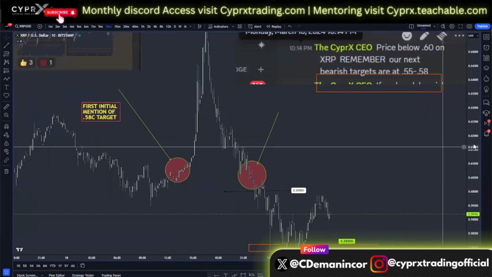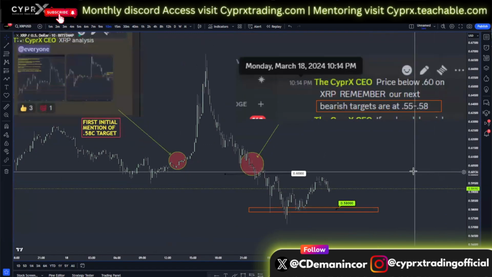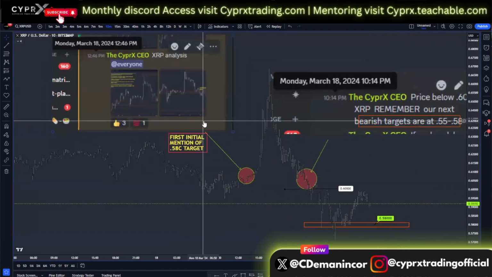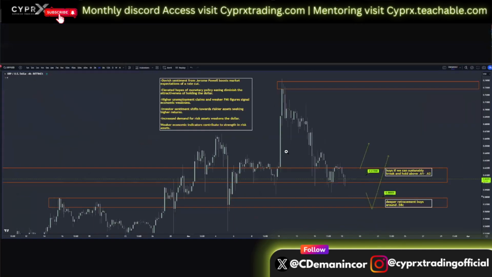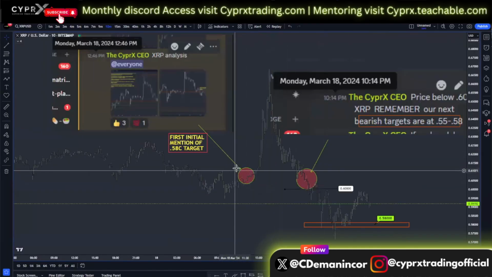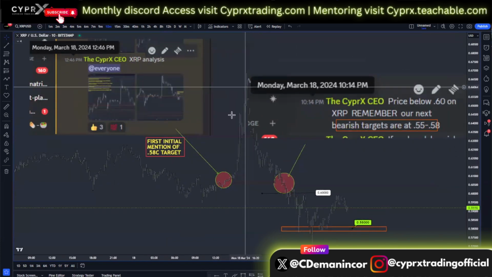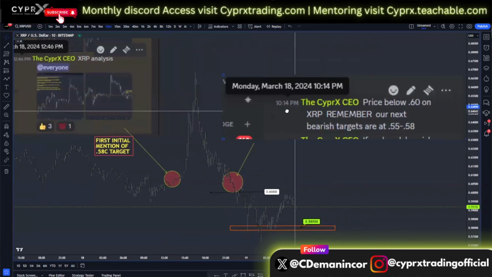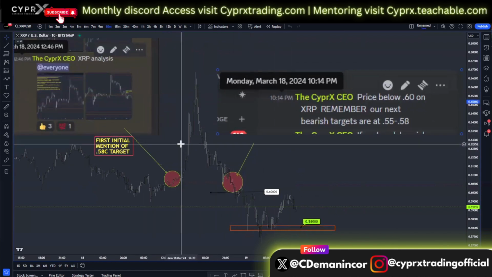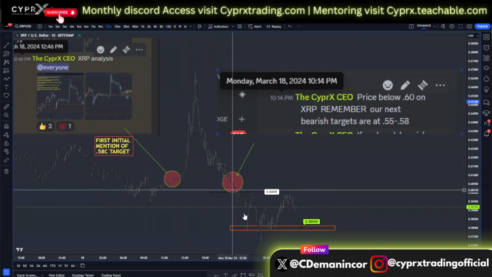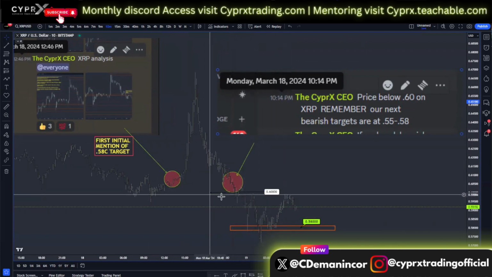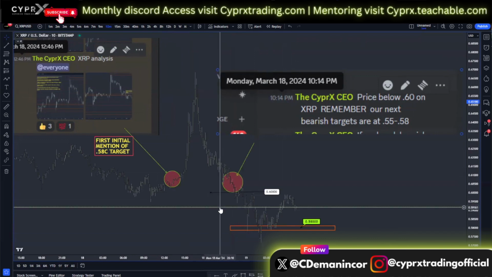So you can see the accuracy again inside the private CYPRX community, putting out this analysis well in advance, letting them know that I was looking for a slight increase in price, right? And then a deep retracement down into 58 cents. And sure enough, we got that price action to the absolute T. Slight move up, deep retracement down into 58 cents, giving them updates in the private community as price action plays out to show them that we can give this information well in advance before the moves simply by understanding fundamentals and technical analysis without any indicators, without any magic Fibonacci sequence numbers. It's just logic, right?